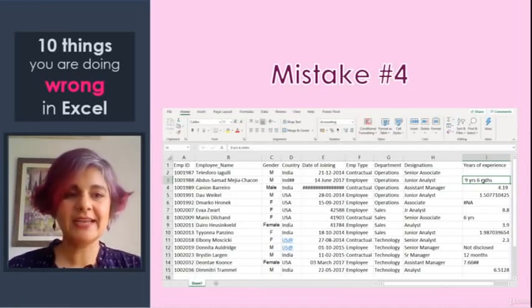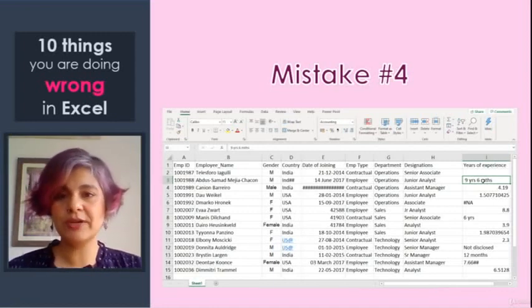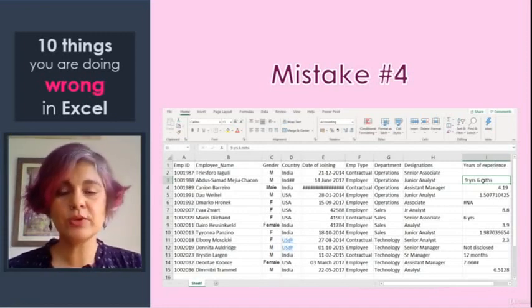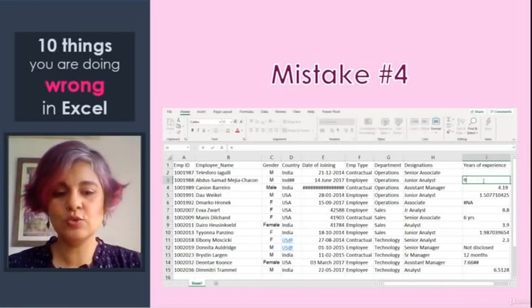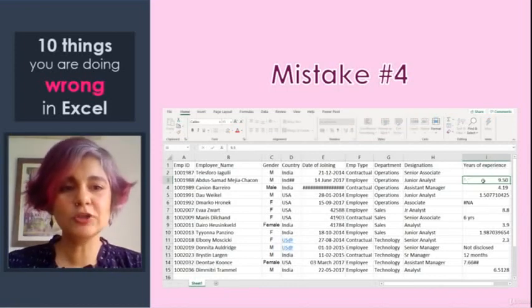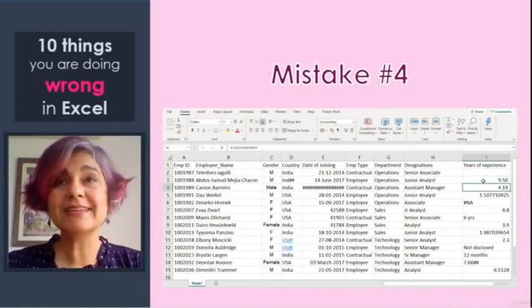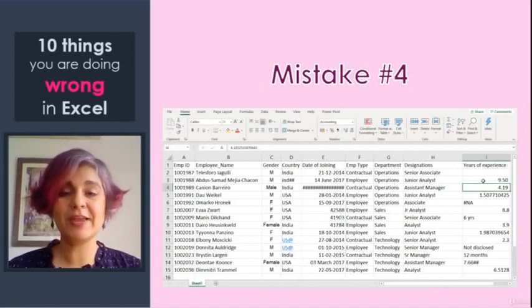And what I will do over here, just to bring in this consistency, is convert my 9 years, 6 months into 9.5. Unfortunately, there is no very easy way to do this. When you're working with very large data, you can probably write a little script to fix it. But because we have so few rows, we can just do this manually. So 9.5, and I can see the rest of it is okay.